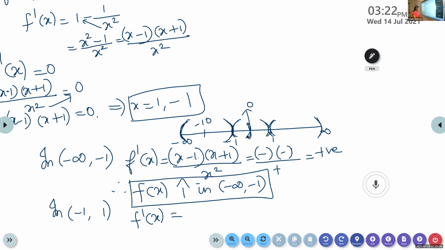So instead of taking minus 1 to 1, you take it as minus 1 to 0. Once again, I am splitting here. Why am I taking that as 0? When we select the value 0, it becomes infinity. It becomes undefined. So you select a number which is earlier to that, less than 0. Now you select a number in the interval minus 1 to 0. Which one can you select?